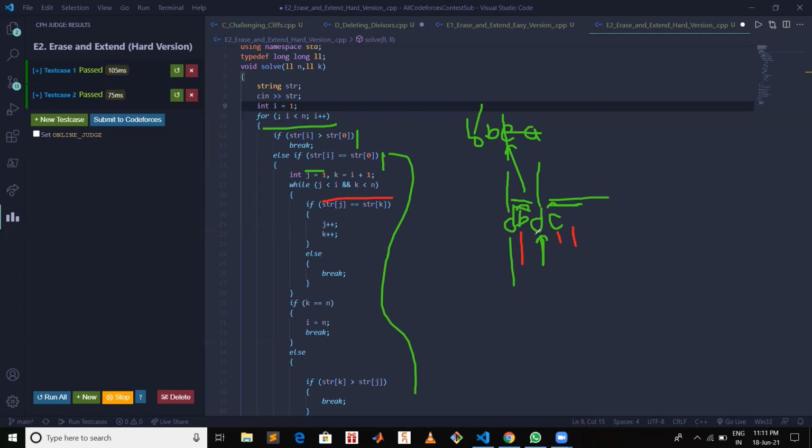So we will keep incrementing our J and K. And the moment when we get the elements where this jth and kth character are not equal, there we can decide whether we have to trim this part of the string or not. So in that case we will break this loop.